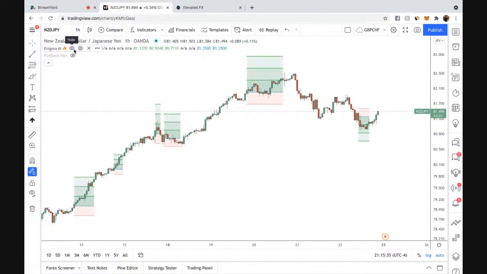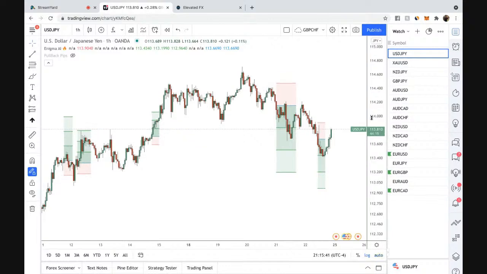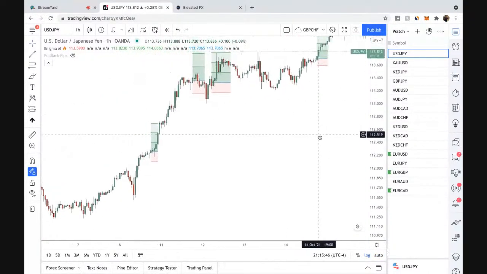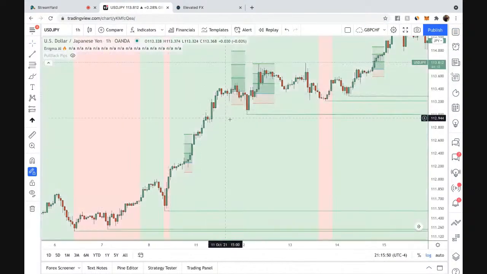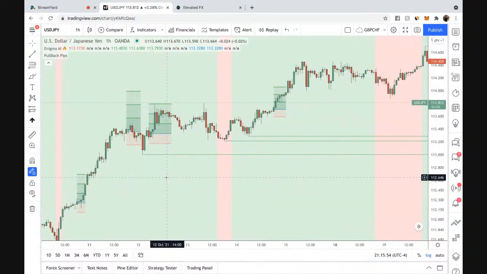It's not that complicated. You literally can go from chart to chart, identifying any potential setups, right? Literally, you'll see how amazing and accurate this system is. But on top of that, when you have a tool such as Pullback Pips, you're going to see how it's going to add to your confluence, right?